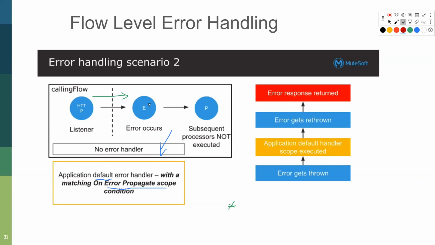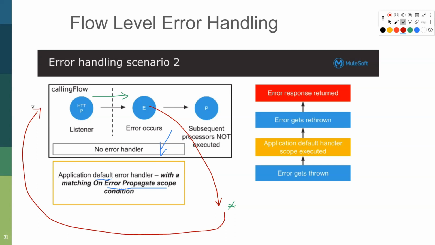That means it is evaluated to true in an on error propagate scope. And so from here, it comes to here. It is an on error propagate scope, and an on error propagate scope is read in, read out. So this will also throw an error. It will return the Mule event with the error object to the calling flow. That's what we get here.